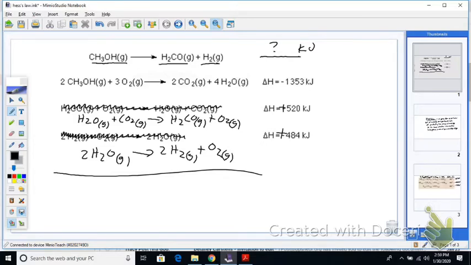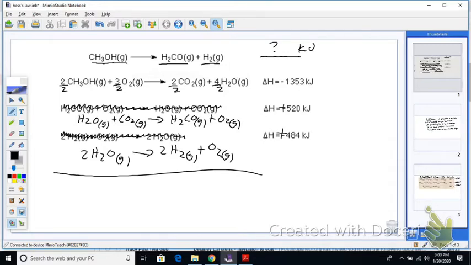We're going to divide everything in the first one by 2 so that we have 1 on that side. Does that make sense? So we've got 2 of this, 3 halves of this, 1 of these, and 2 of those. Basically we've got 1, 3 halves, 1, 2. Does that make sense? If you want to write down 1, 3 halves, 1, 2, you can do that. I'm going to leave it like that.